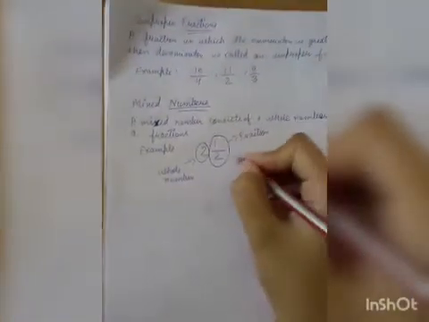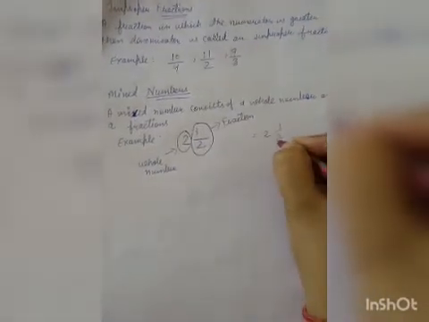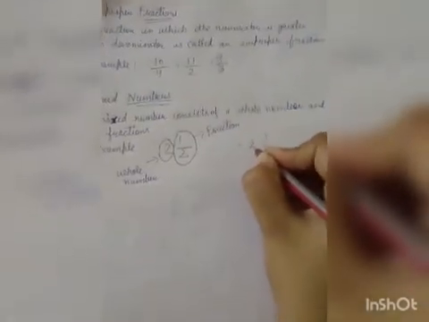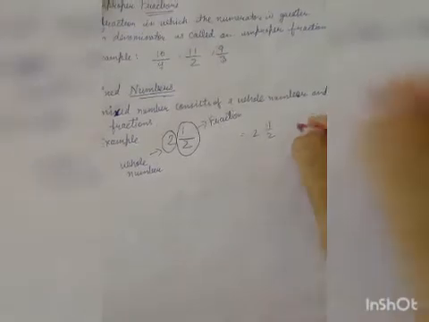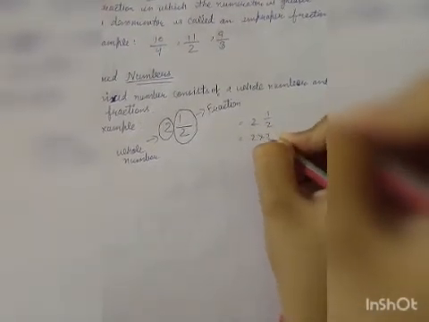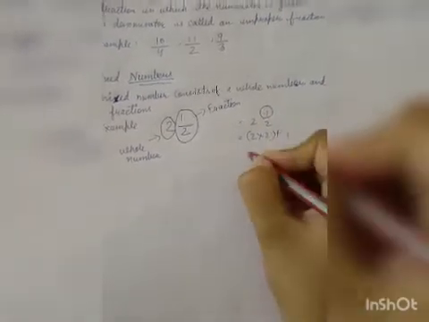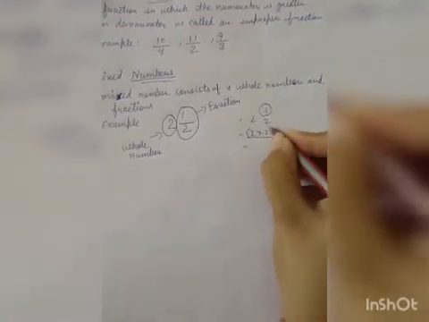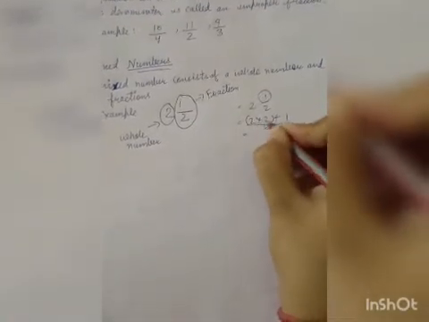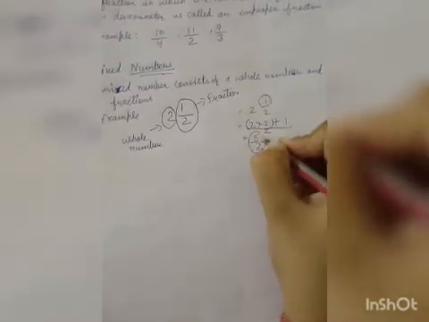Okay, now how to solve this? 2, 1 by 2. So how do we solve it? 2 2s are 4 plus 1. What we do is, this 2 will multiply by this 2, plus we have to add this number 1, divided by 2. 2 2s are 4 plus 1, 5 by 2. That will be the fraction that came out of this number.